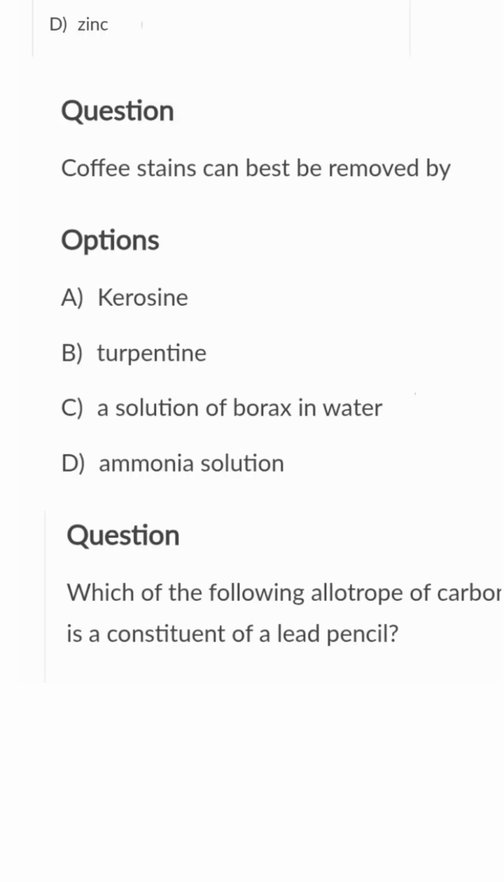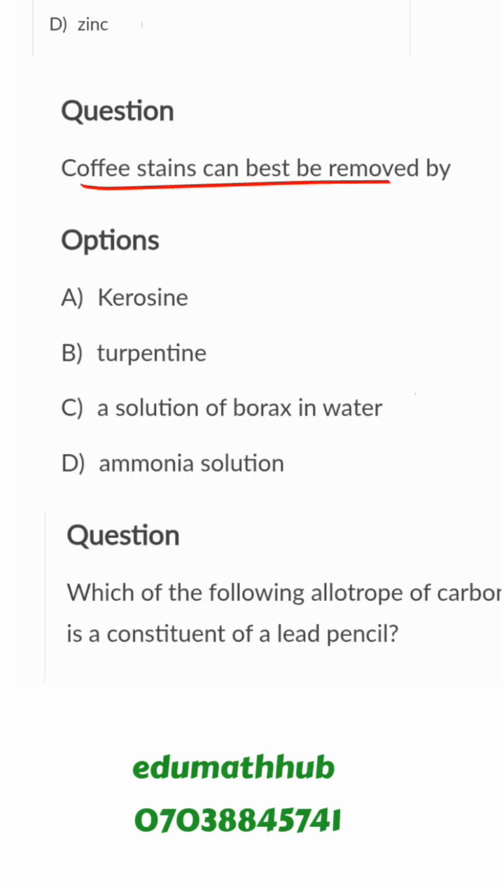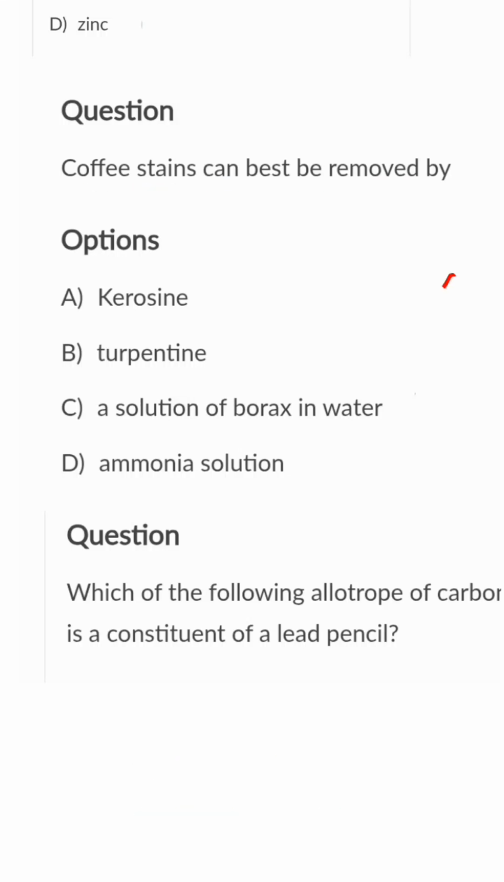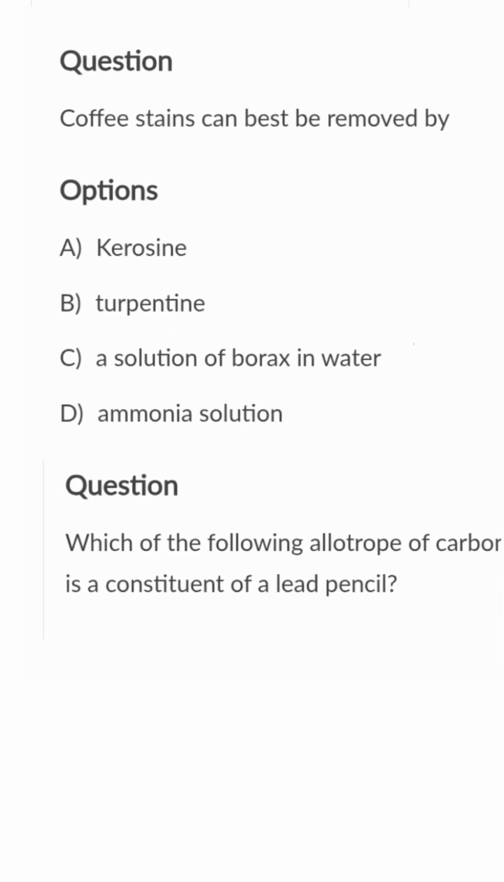So we'll take the first question here. Coffee stains can best be removed by... okay, now you need to know that in the laundry and the fashion industry, several